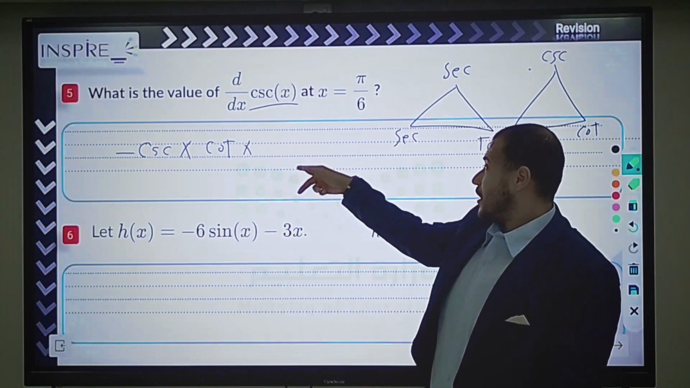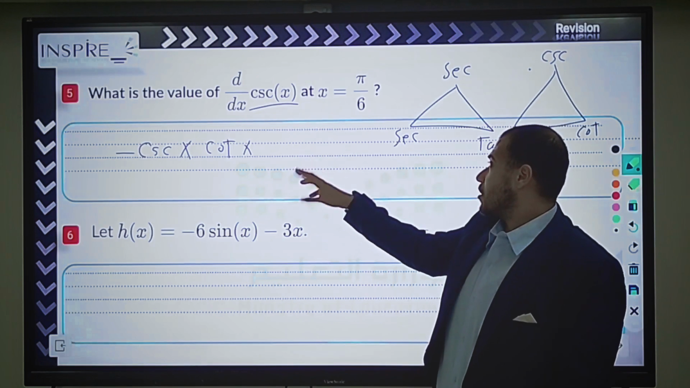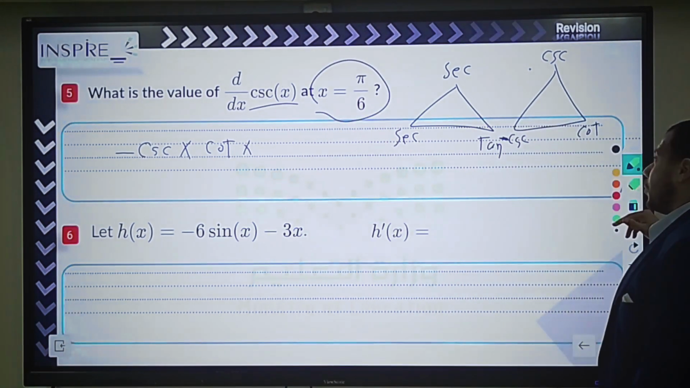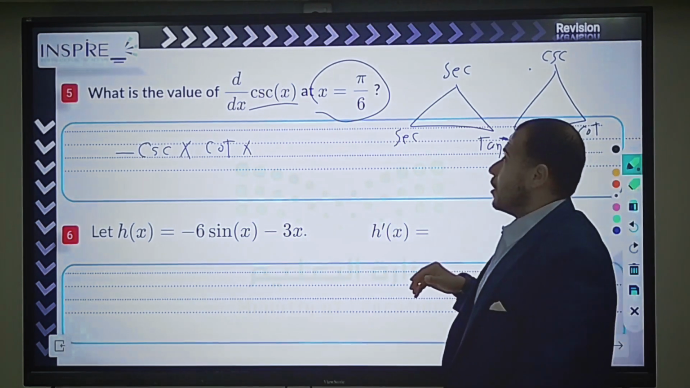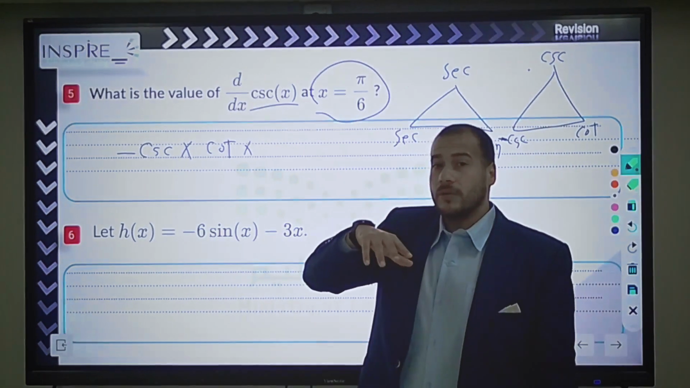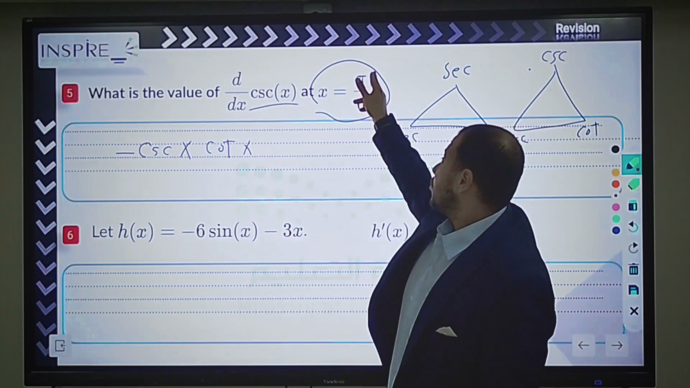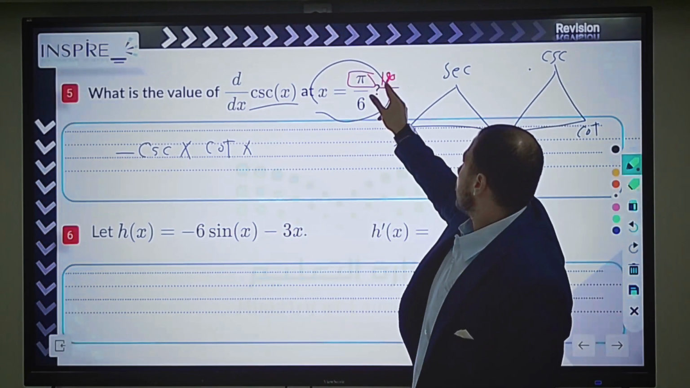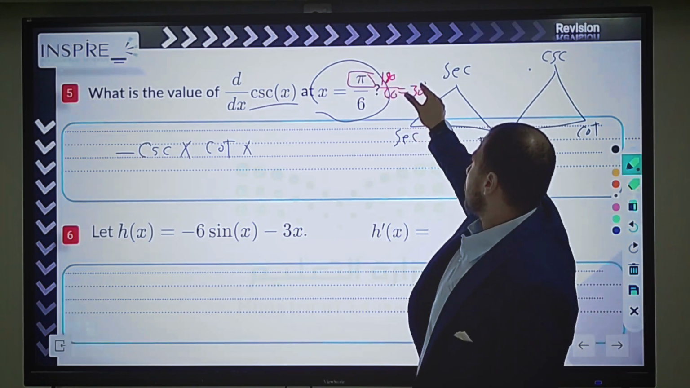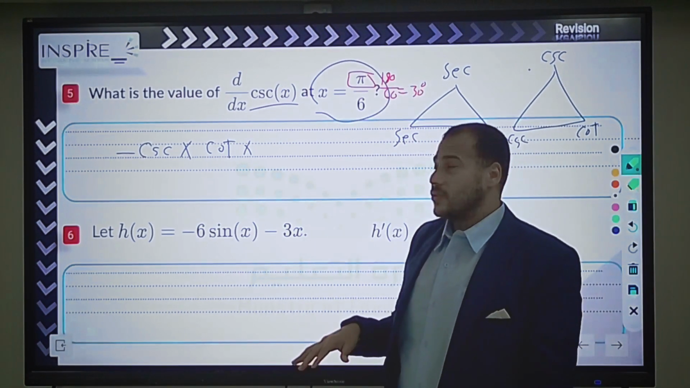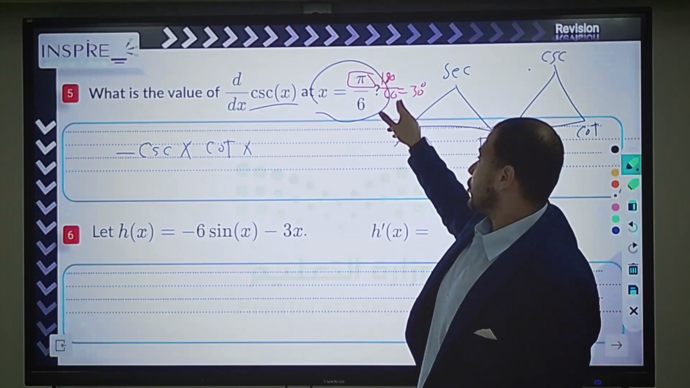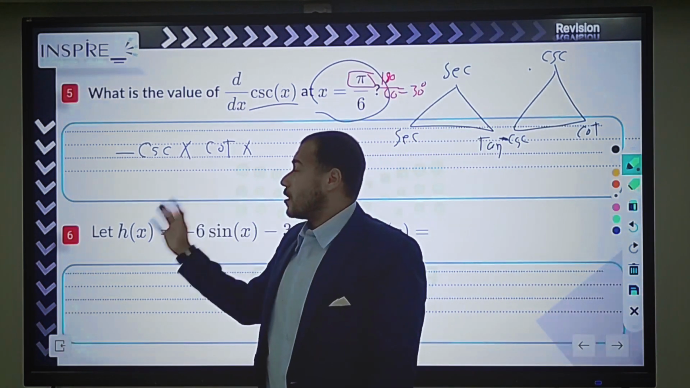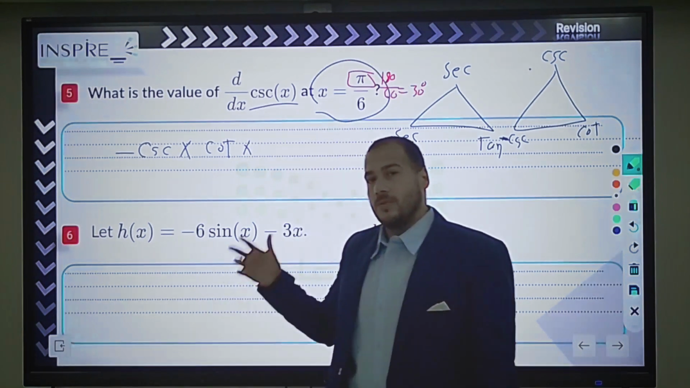This is dy/dx, or d cosecant x over dx. But you need to substitute x equal to pi over 6. Okay, how will you do it? At first, you need to set up your calculator to radians, or you change this one to degrees. It will be 180 over 6, which is equal to 30 degrees. So you can keep your calculator in degrees, but you have to change this one to be 30 degrees. Okay, actually we don't have cosecant and cotangent in our calculator, so you have to understand cosecant is the